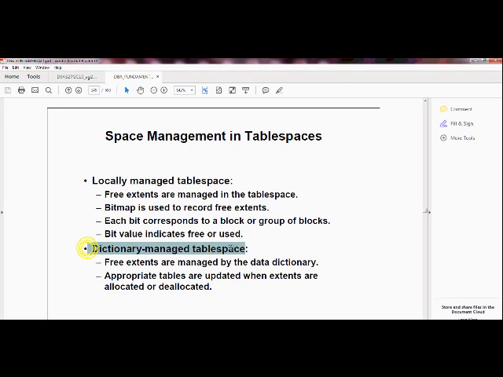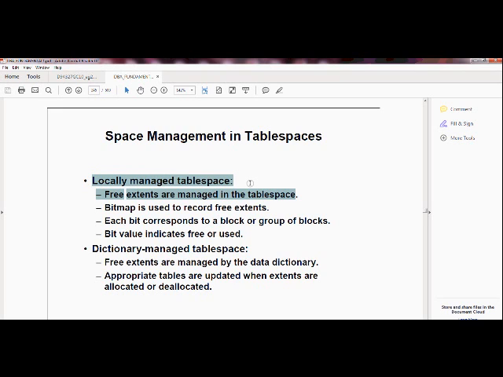If you are using a dictionary managed tablespace, the burden on your database would be higher. That's why whenever you create a non-system tablespace, it is locally managed by default, so that it won't put a burden on your database. So most of the tablespaces are locally managed.